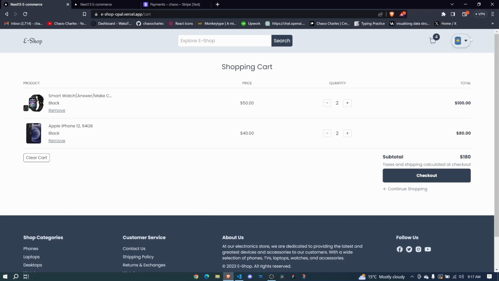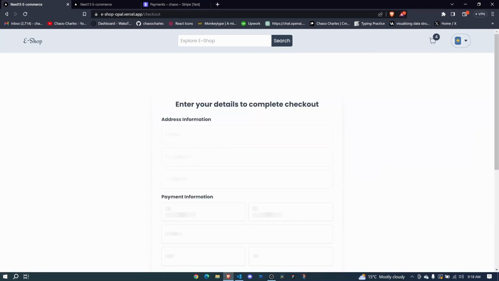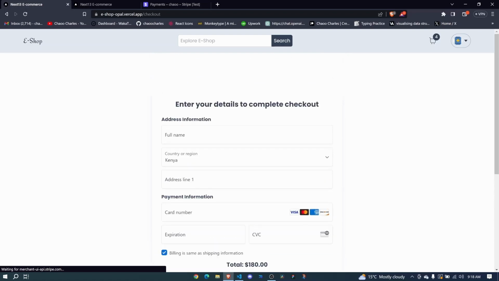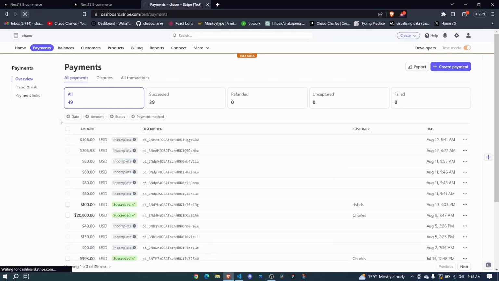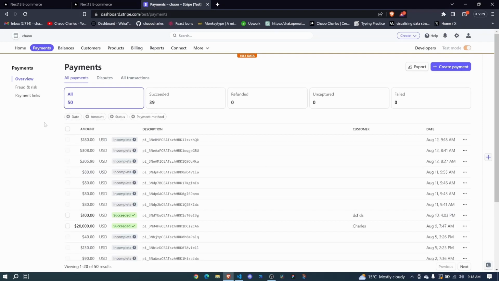So once we are logged in right here as a user, we'll be able to see this checkout button. And what will happen is that when we click on checkout, it will create what we call a payment intent in our Stripe dashboard. If I go ahead and click on checkout, this will load the Stripe forms, but it will also do something whenever we visit this page. It will create a payment intent to begin with. So if I refresh right here, it will create what we call a payment intent, and you'll see here we